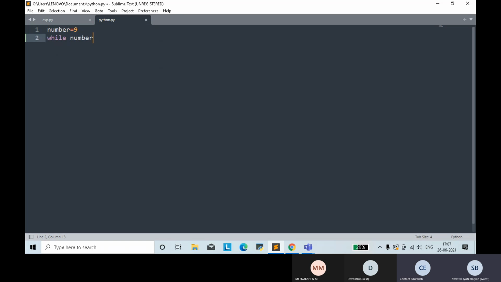Number less than or equal to 100, colon. Enter. Now let's say print number. Go to the next line, press enter again.